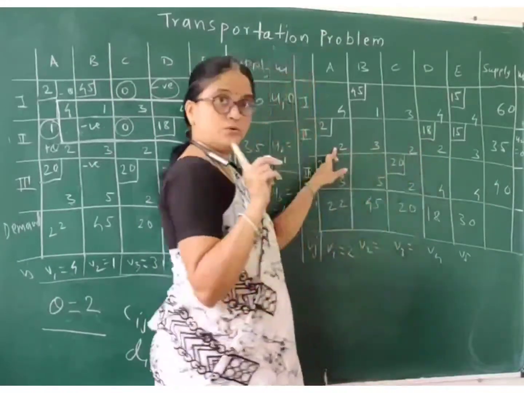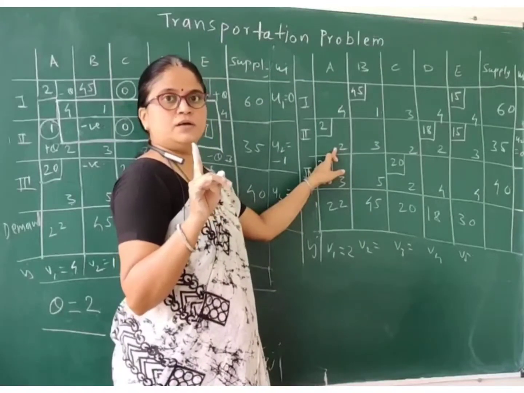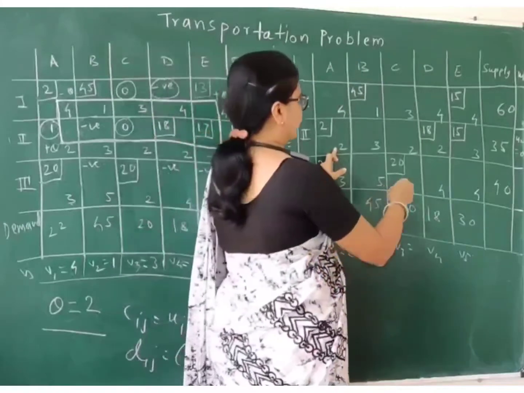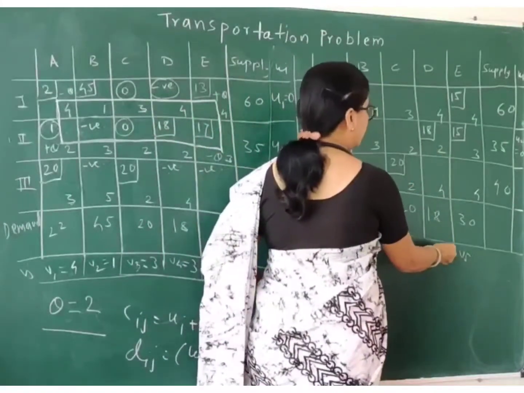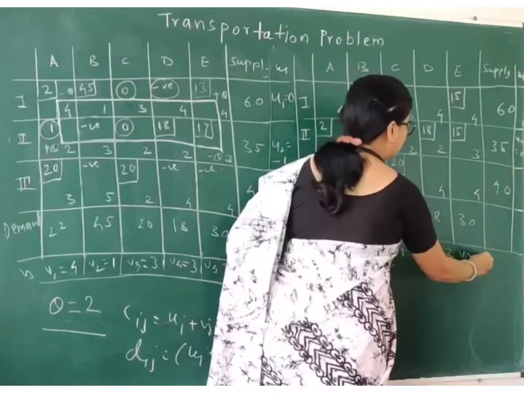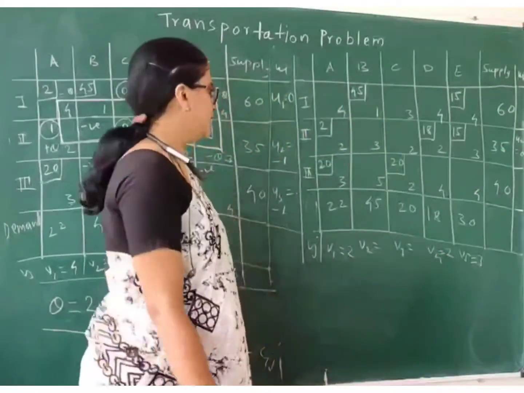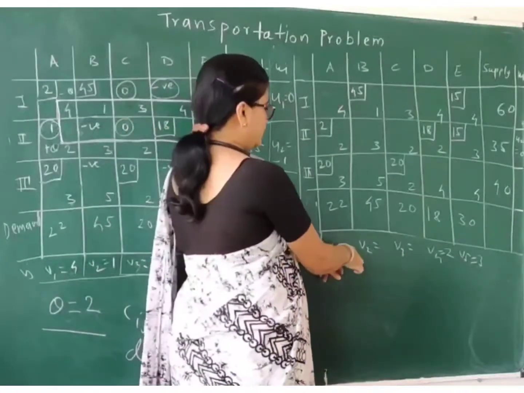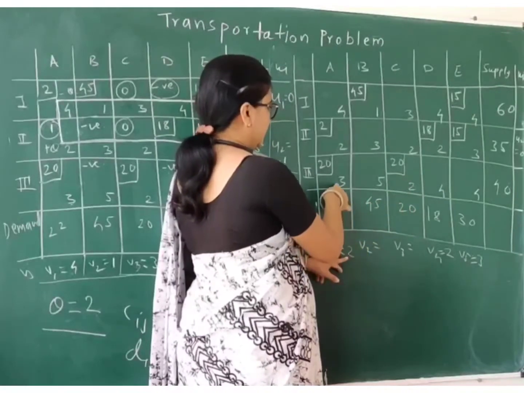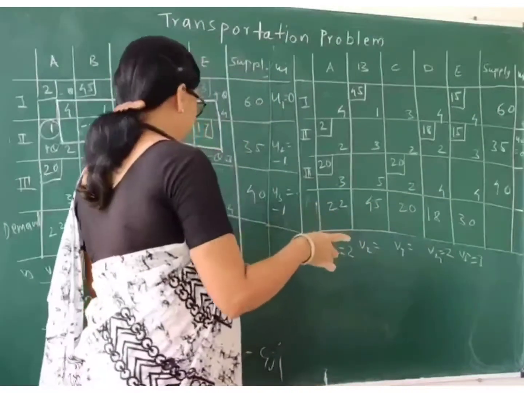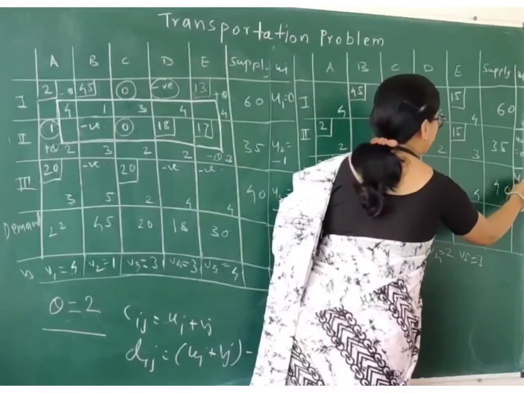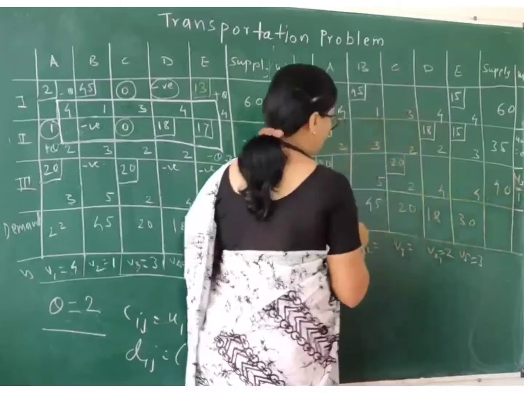So again, remember that we can find ui and vj for occupied cells. Okay, now for this value I can have 2 minus 0, it is 2, and again 3 minus 0, we can have the value of v as 3. Okay, by using this and this value I can find the value of u3 as Cij minus, so 3 minus 2, so it is 1. So the value of u3 is 1 over here.